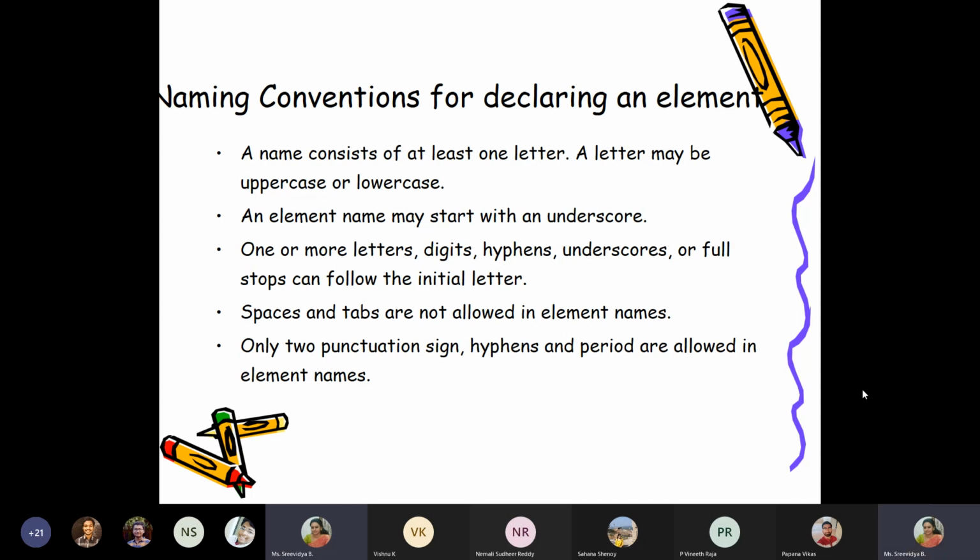Spaces and tabs are not allowed. Only two punctuation signs, that is hyphen and period, are allowed. Underscore, hyphen, and dot, these three things only will come other than letters or numbers. First thing should be a letter or an underscore. After the first letter, you can have other letters, numbers, hyphens, underscores, or full stops. That is the rule for making a proper element name.